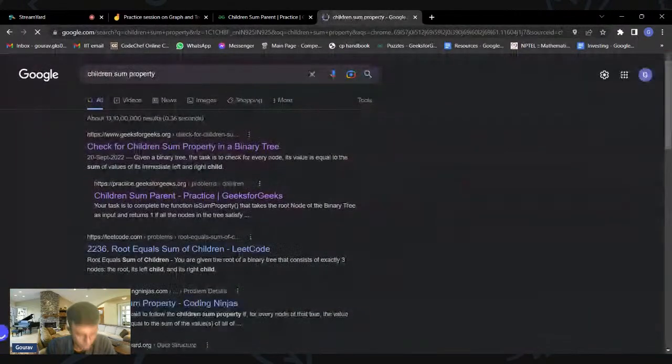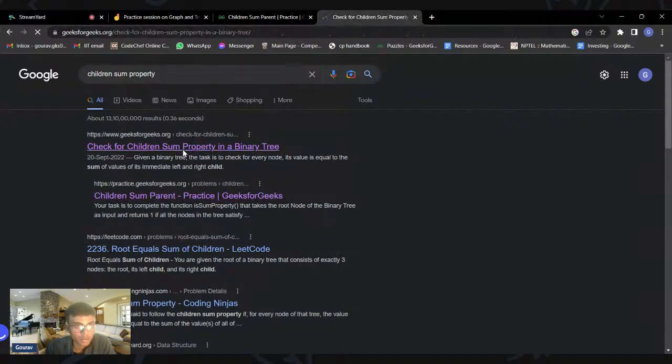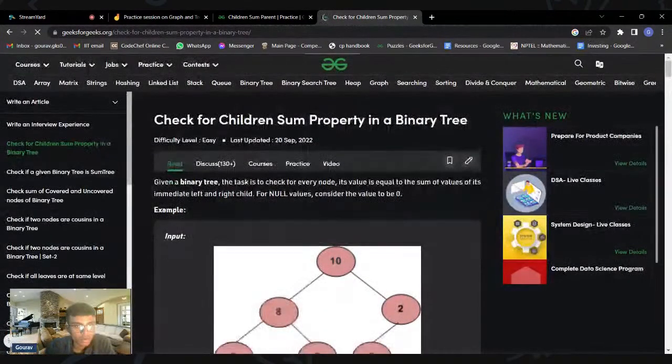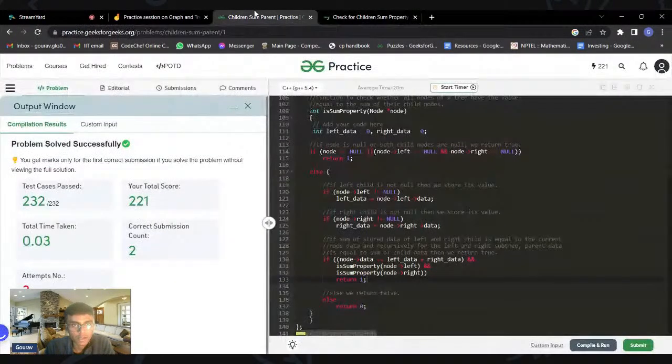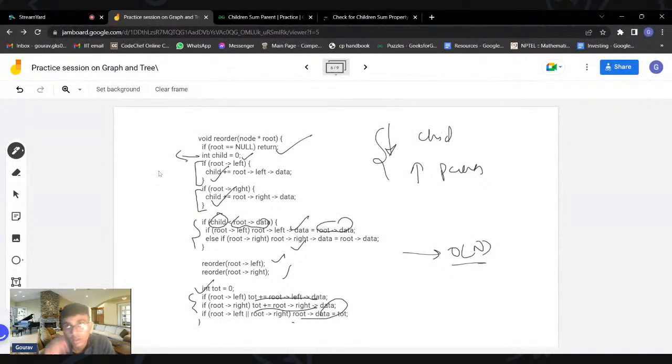Any doubts here? You have this article for just checking, but I saw previously that if you want to convert a given tree to a tree which satisfies the children sum property, you can only do that with an O of n square approach, but this approach is taking O of n. Now, why is it O of n?